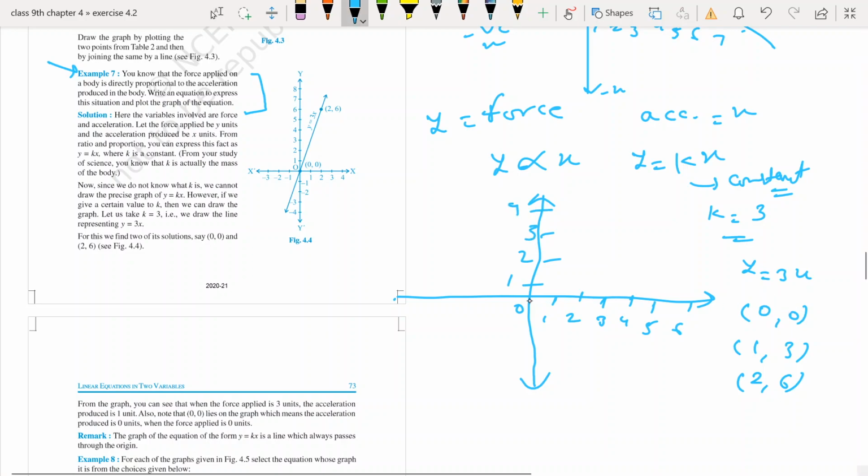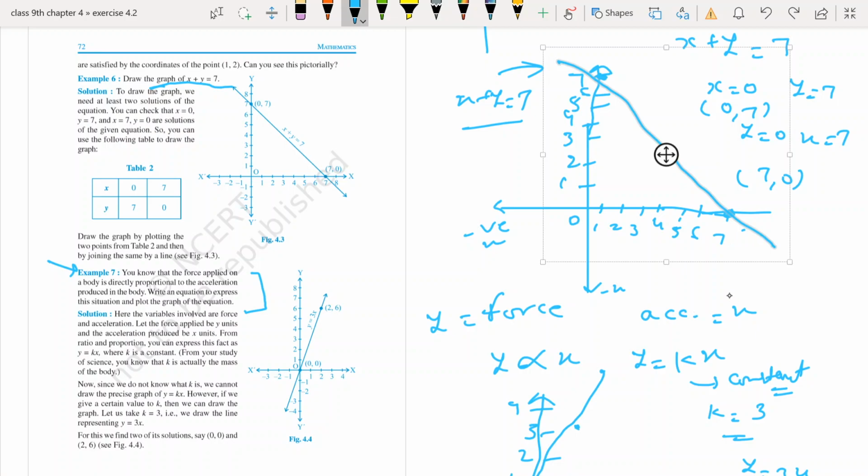x equal to 0, y equal to 0 point will be here. x equal to 1, y equal to 3 point will be here. x equal to 2, y equal to 6 point will be here. Then the graph of the equation will look like this. So we can see here the graph of the equation y equal to 3x will be